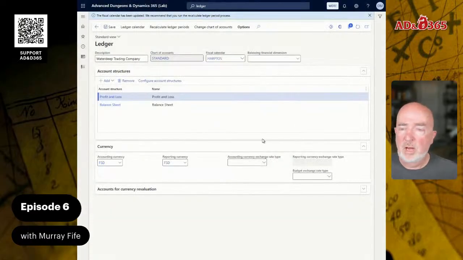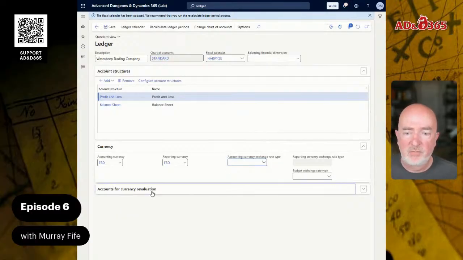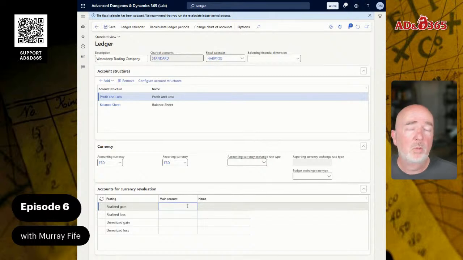So now we've created our ledger, and we've configured it, and we've got all the main information except for our currency conversions, which we haven't configured yet, and we'll get to that later on as we move through. Now, the final item that we'll do while we're here is we'll configure some of the